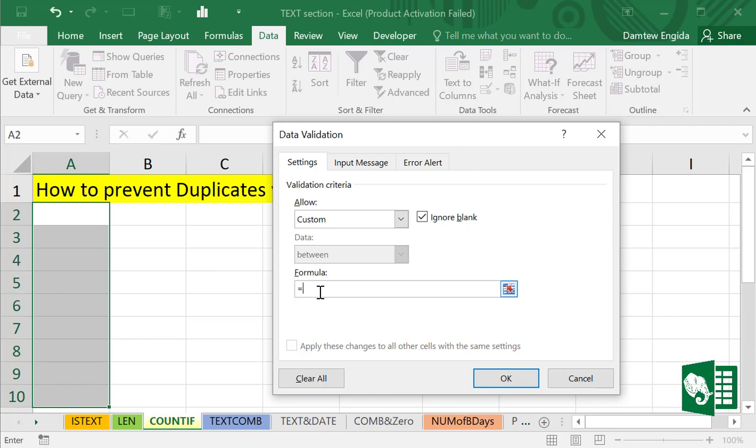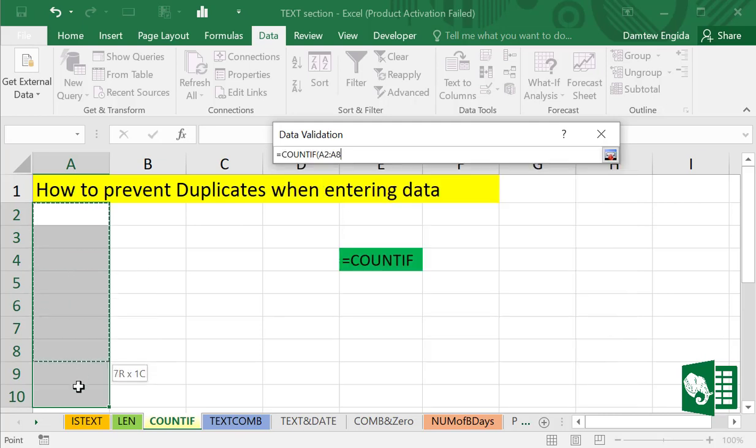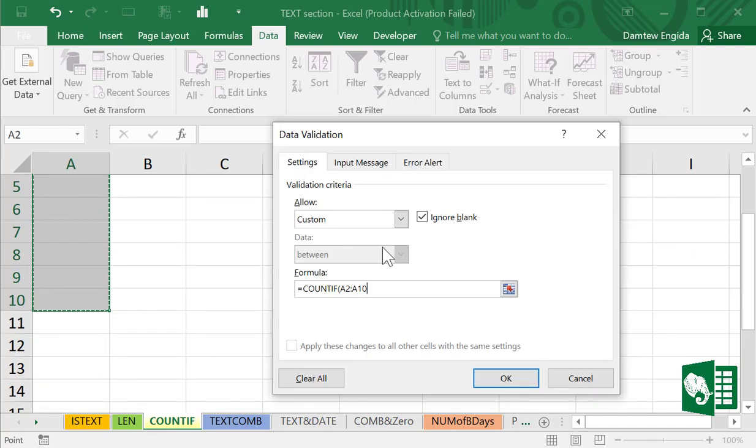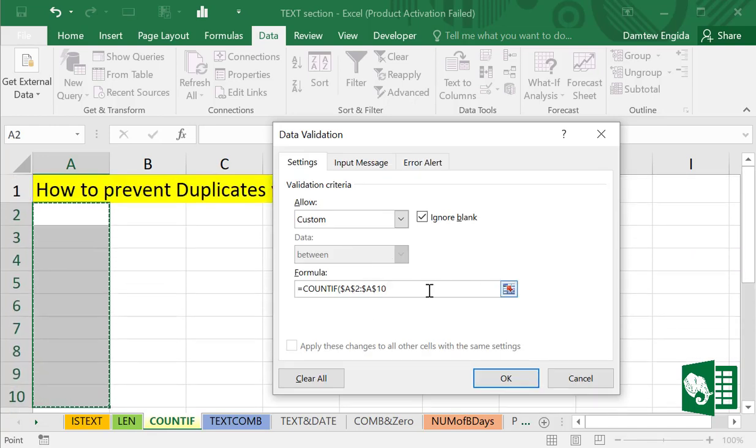So, equal to COUNTIF, and select the ranges from A2 to A10 for our consideration, and make it absolute by pressing F4 and click A2 again and equal to 1,